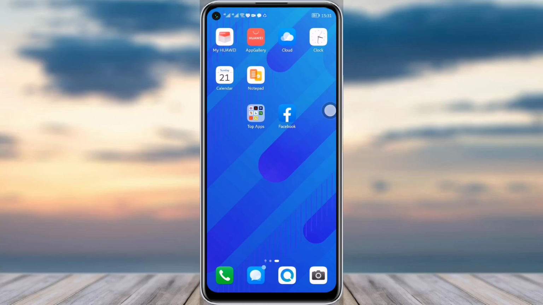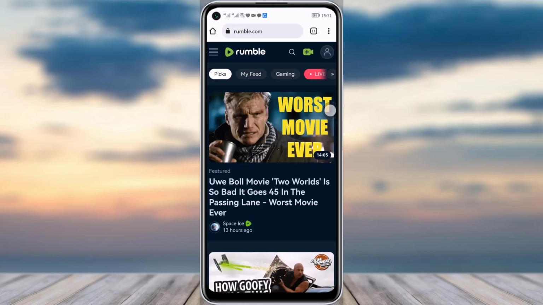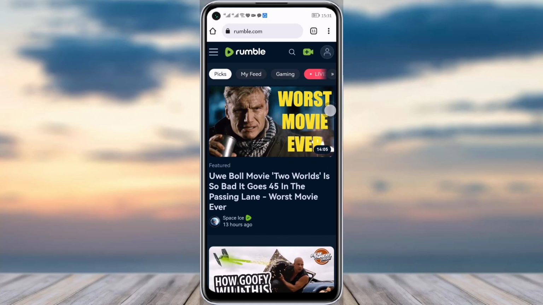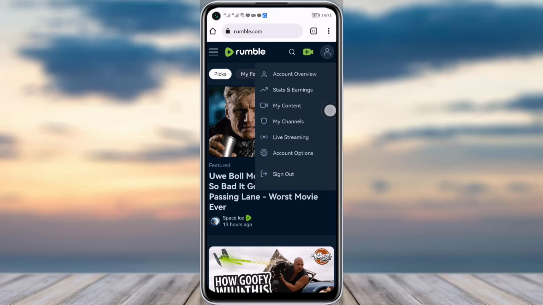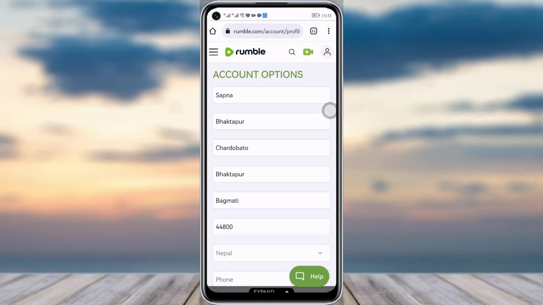So to do so, first of all, let's go to our phone browser. Simply type in rumble.com. Go ahead and get logged in over here. I am already logged in this website. So what I will do is I will simply tap on this profile icon given, tap on it, go to this accounts option, and here you can see all of the options will pop up